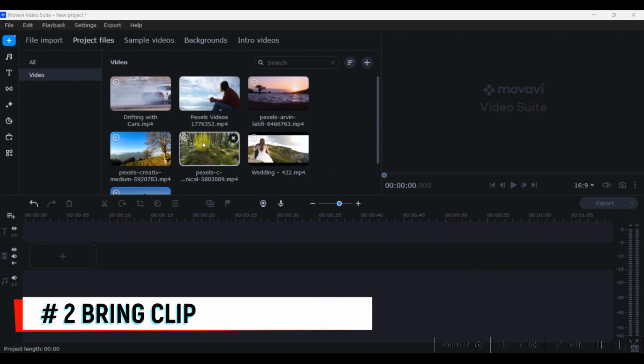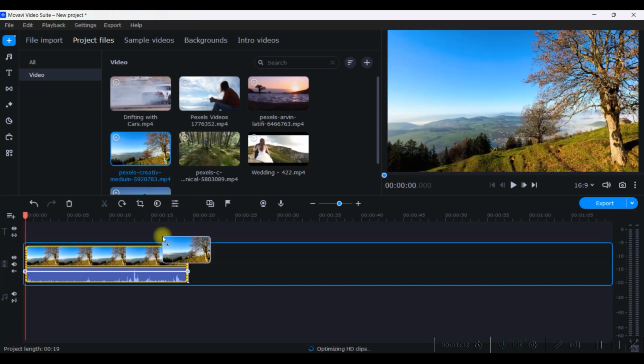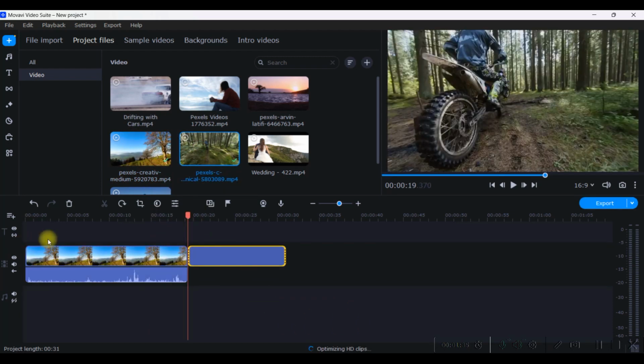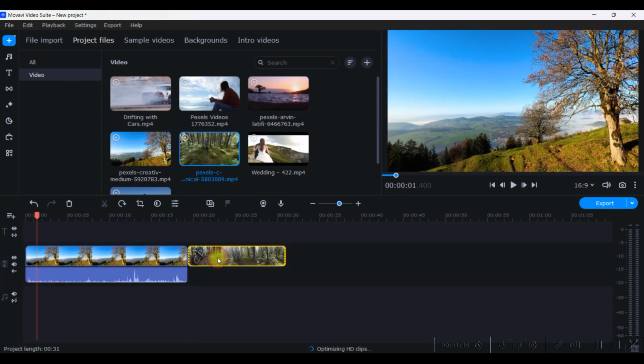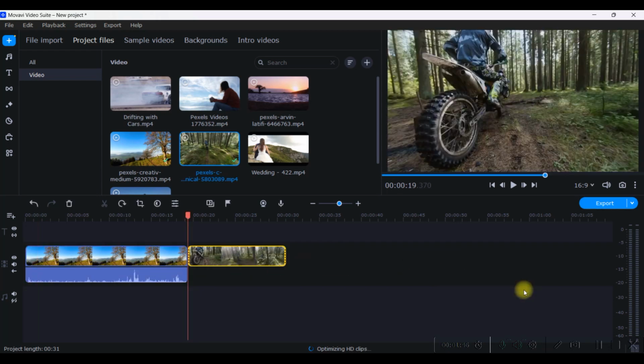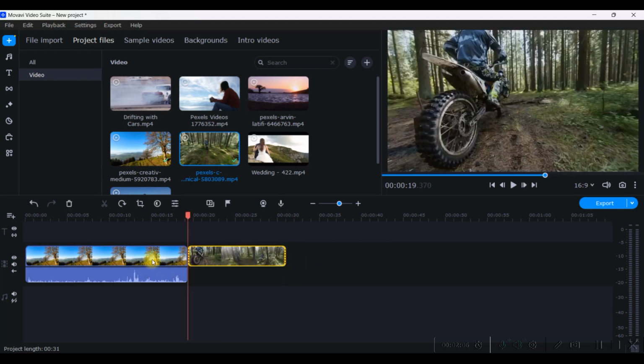Point number 2, let us bring the videos on the timeline. This is called the timeline. I will just drag and drop the video out here. Now let us get accustomed with the timeline. These are magnetic timelines, meaning if I try to pull a clip away from the previous one, it will stick to the previous clip. If you want to remove this sticky nature, you'll have to go for this bottom disable gaps option and then you can separate it. If it is on, then it is a magnetic timeline.